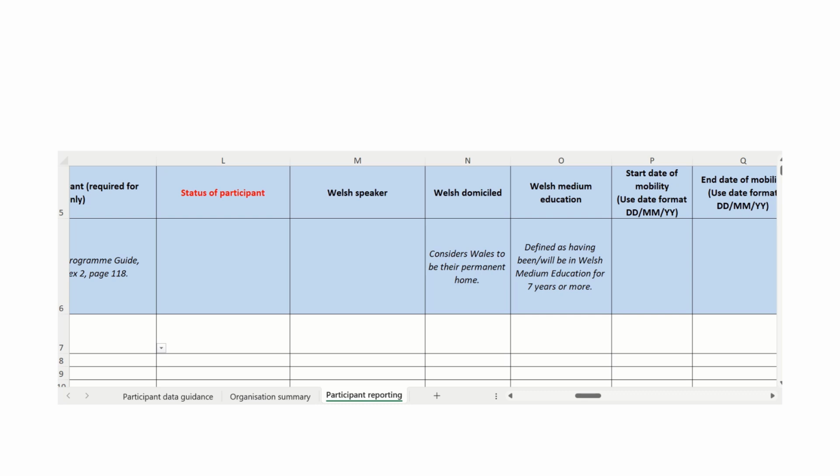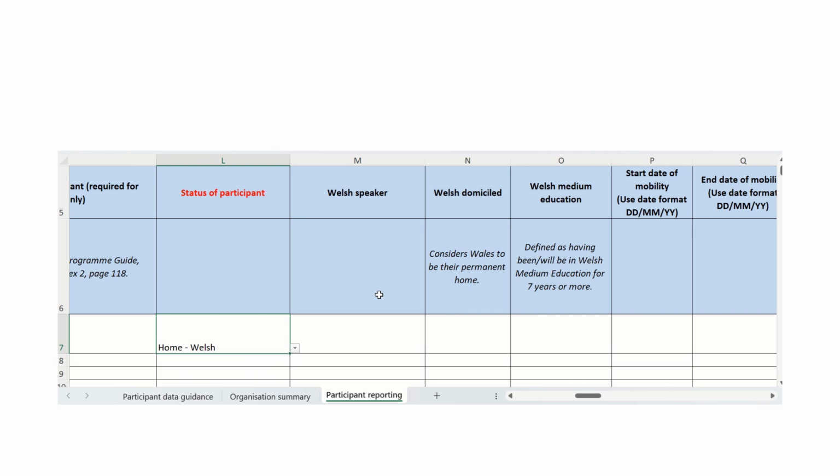If you are applying for any additional funding in relation to these participants, it is important that you have selected the correct option, as additional funding requests will be cross-checked against your reporting tool. There's one more column on the screen here, which is relevant to FE and HE only. So again, if you're completing a report for a different sector, these won't appear on your templates. But this column is status of participant. So I'll put home Welsh for that.